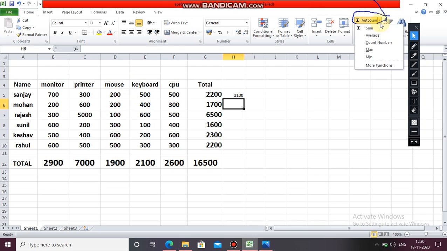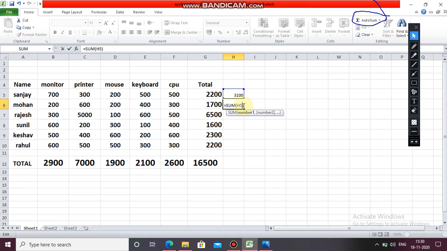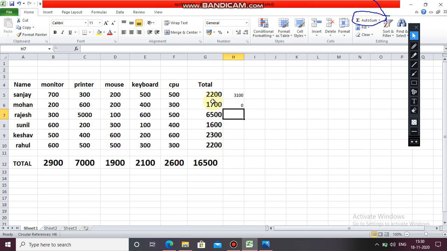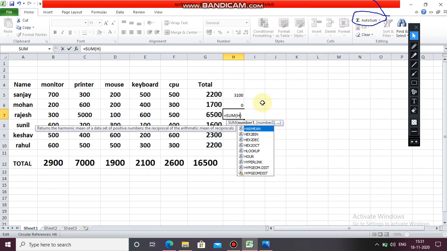Again you will click on AutoSum. You will have max, min, average. Again sum. You can also use a colon. The last value is H5. Enter. Error, because here to here, see, it is equals to sum, AutoSum. H6 is blank, that's why you have to take here G5